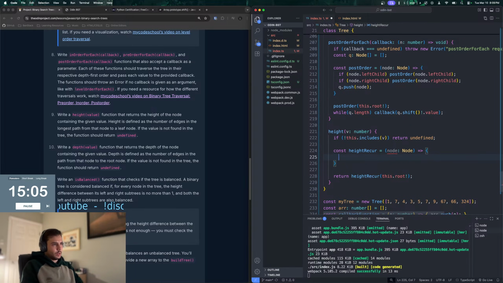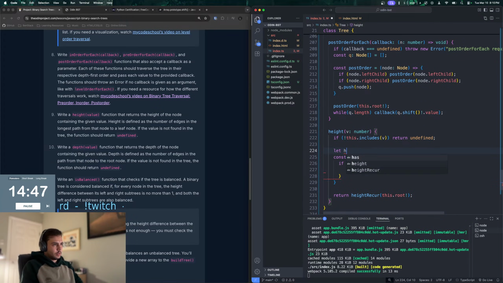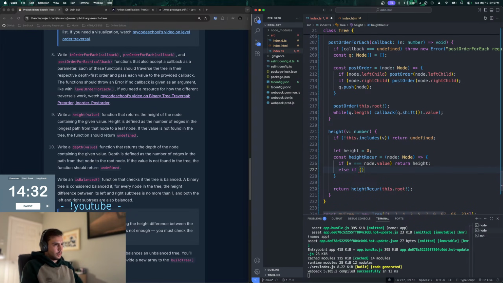Okay, so we need to check whether node.value equals v. If v equals node.value, then we found it. Let height equal 0. Then we just return height, call it a day. Else if v is greater than node.value,